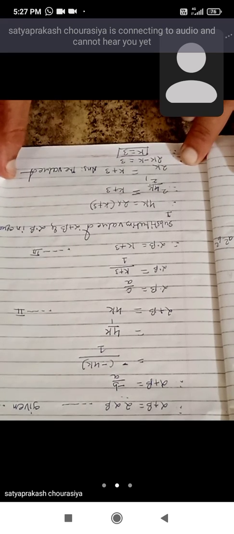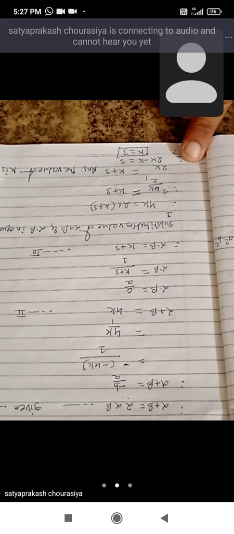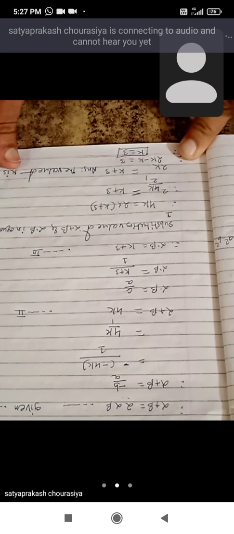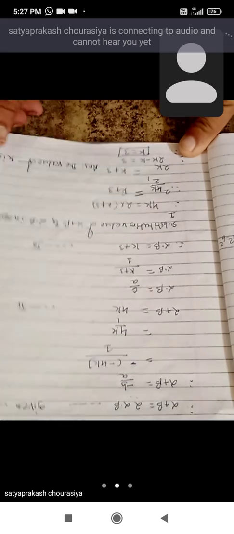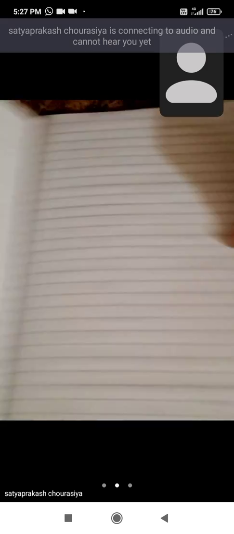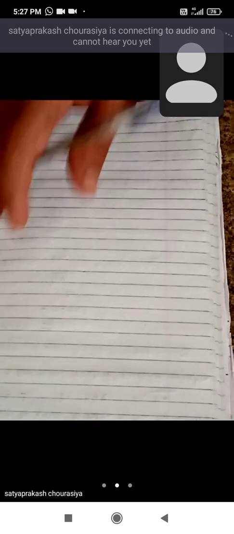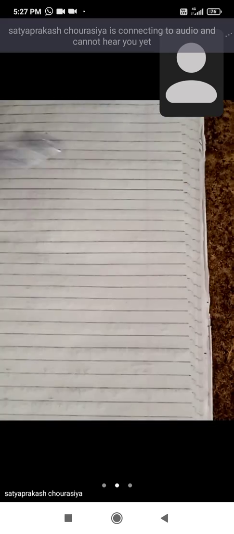Alpha and beta are the roots of y square minus 2y minus 7 is equal to 0. Find the sum of the squares of alpha and beta and find out the sum of the cubes of alpha and beta. Okay, what do we need to find here? The sum of the roots, alpha plus beta, and the sum of the cubes of alpha and beta. We have to find these here. Okay, now let's see question number 6. It is a star mark question, a higher order thinking skill question.